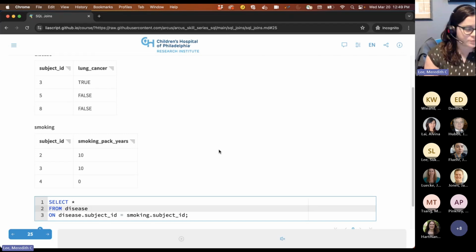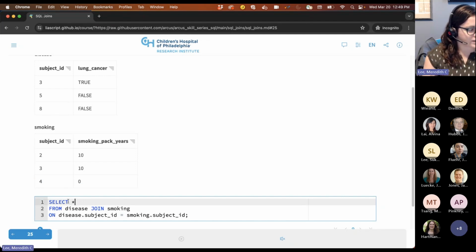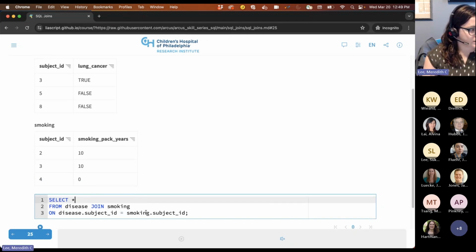You only want the intersection. And as you may recall from the beginning, the default behavior for the join keyword in SQL is an inner join. So I can just write join and then my second table, smoking. And so we have here select all from disease, inner join or join, smoking,